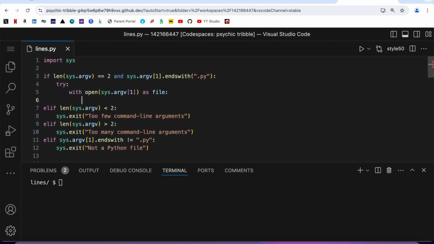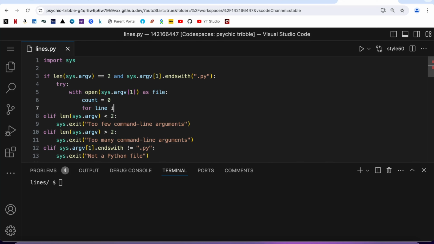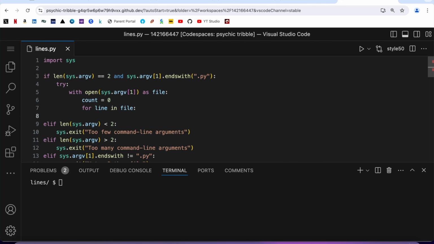file, and then I am defining a variable called count, and I am setting it to 0. This I am going to use for counting the number of lines. For line in file, if not line.lstrip, I am using lstrip, again a method that is associated with Python strings, so that I can remove the white spaces on the left hand side of the line of code here. So if it is not like that, or starts with